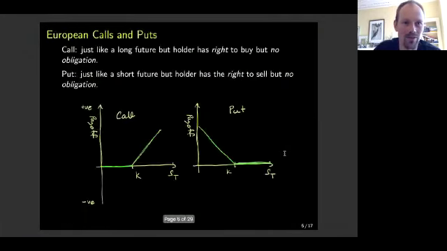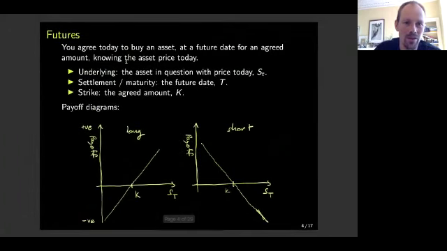So we go to futures. For a future, you agree to buy the asset at a future date for an agreed amount. And that's it. So I can agree to buy, I don't know, Bitcoin in December for $10,000. And $10,000 sounds a little bit cheap, so probably I will have to pay someone a little bit of money to enter that contract with me.